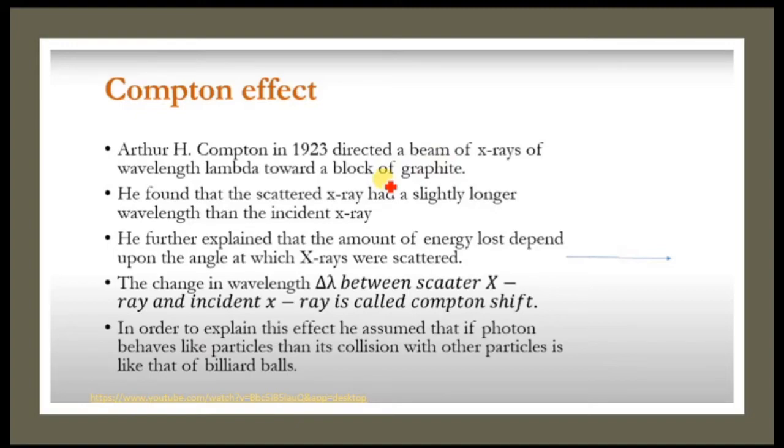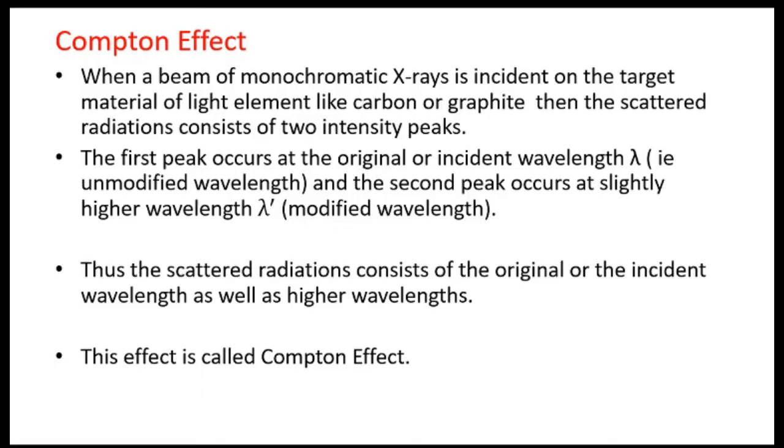So, what was the Compton Effect? When a beam of monochromatic X-rays, monochromatic meaning the same frequency and the same wavelength, is incident on a target material of light elements like carbon or graphite,